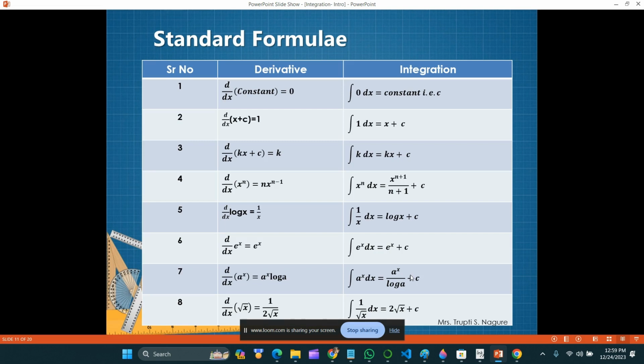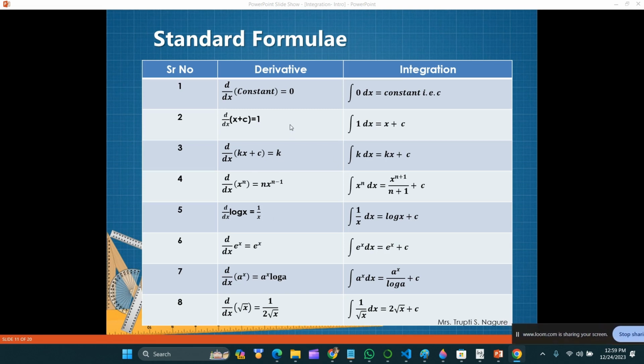Standard formulae, as they are antiderivative. So first we have to know the standard formulae of derivative. After this, you can see the formula of integration. First,